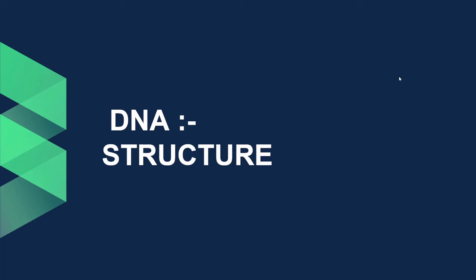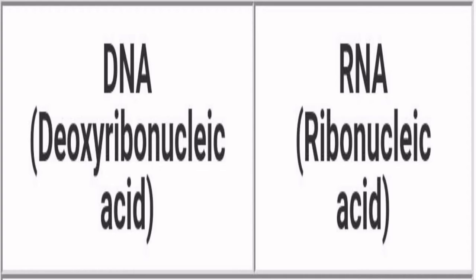As you all know, nucleic acids were first discovered by Friedrich Miescher from the nuclei of pus cells and therefore named as nuclein. Thereafter, they were named as nucleic acids due to their acidic nature. There are two types of nucleic acids. One is DNA, deoxyribonucleic acid. The other one is RNA, ribonucleic acid. DNA is the genetic material of all living beings except riboviruses. So today we are going to discuss the basic fundamental unit of nucleic acids.